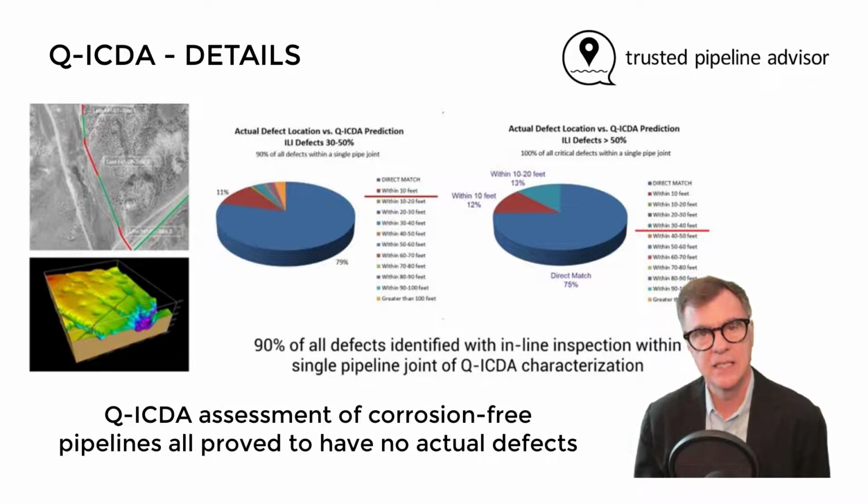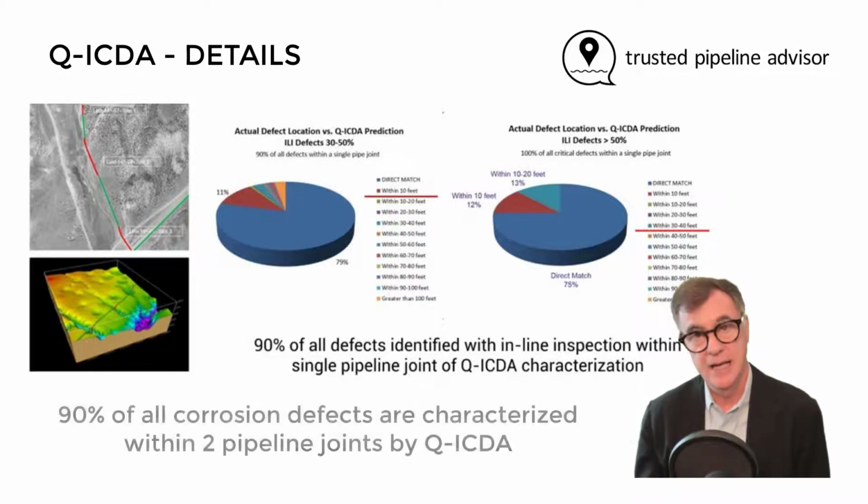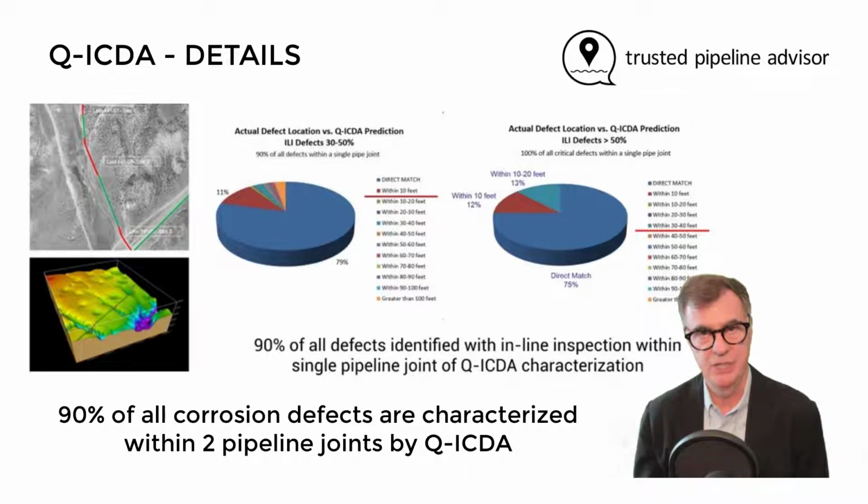All pipelines classified as having no threat of corrosion damage have been proven free of corrosion defects when compared with actual inspection data. 90% of all internal corrosion damage, as measured with inline inspection, has been characterized consistently within two pipeline joints, 60 feet, by